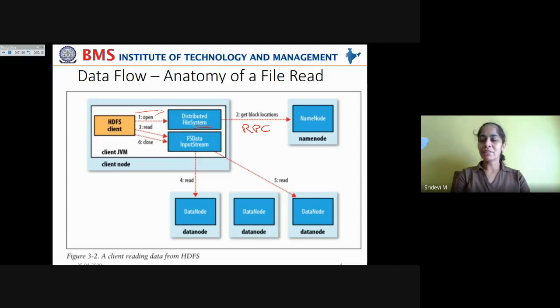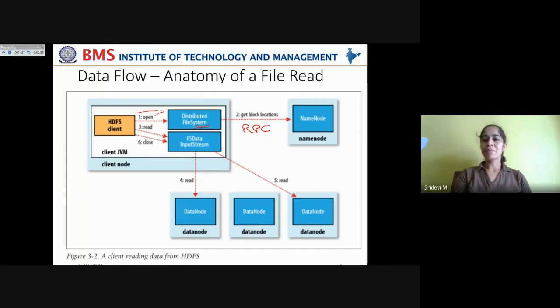But if the file exists, then it will give the addresses of the data nodes on which those file blocks are situated. We already learned in previous classes that every file is divided into blocks and distributed onto various data nodes.